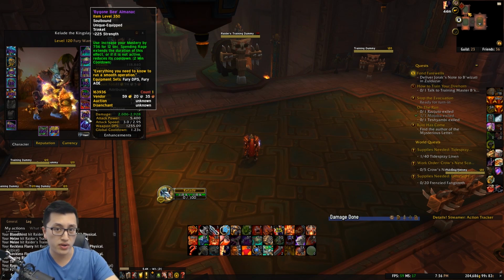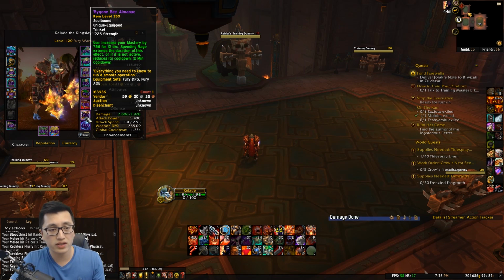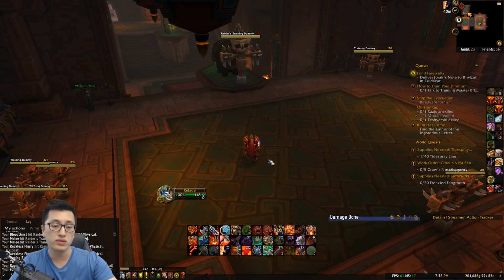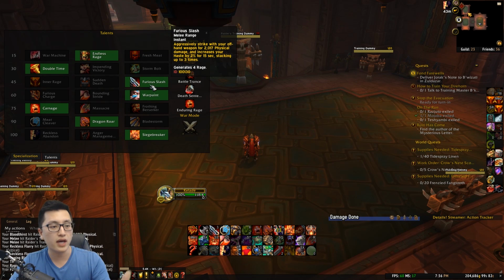Increasing your mastery when you're not enraged actually doesn't do anything for you as a Fury Warrior. So right here, this trinket, I will be using it, you'll see, when I use my first Rampage. I'm going to show you guys 2 sample rotations. One is going to be with a Fury Slash build right here, and the other one I'll be using Sudden